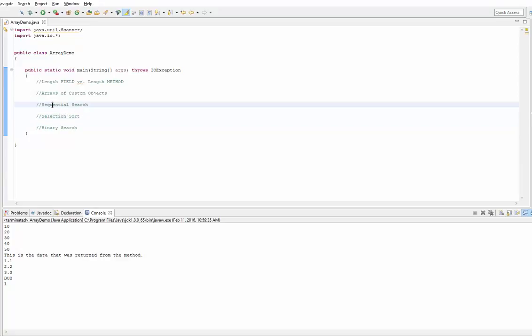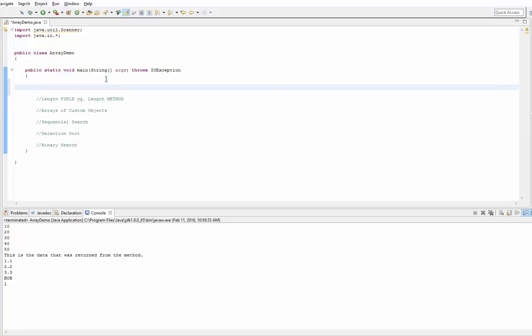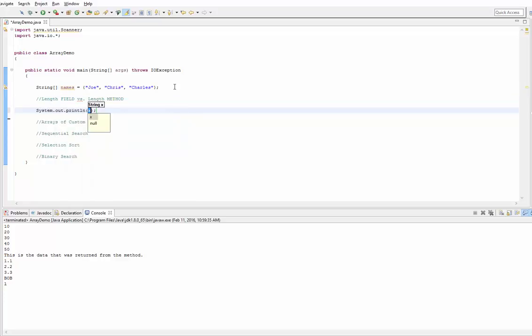Okay, so the sequential search, the selection sort, and the binary search are the three things we're going to talk about. Starting off at the top, the length field versus the length method. So let's go ahead and create our array of names. So we've got three names in our string array, and if we do a system out print line